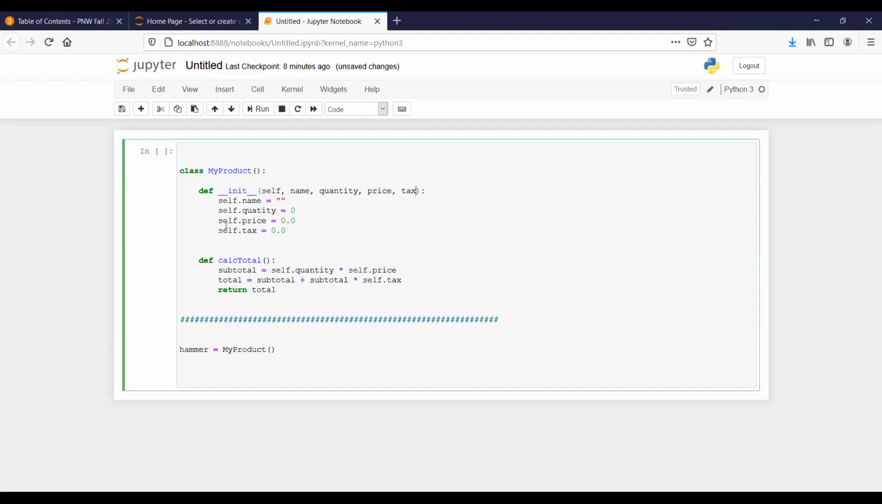So these are the 4 parameters that I'm passing. Notice that really there's 5 here with the self, but when I make a call to the class over here, I don't have to specify self. So I can really just start with name, quantity, price, and tax. So there's going to be 4 arguments. So the first one will be hammer,